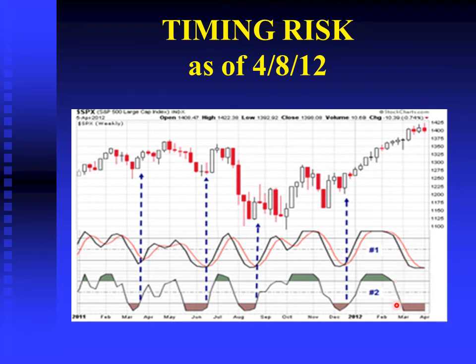Here, for instance, around March, April 2012, the two indicators are low, indicating there is a correction shaping up, but these two indicators are failing to rise, and you notice that when they rise, they indicate more market strength. In this case, it's not happening. So it's time to still remain cautious.